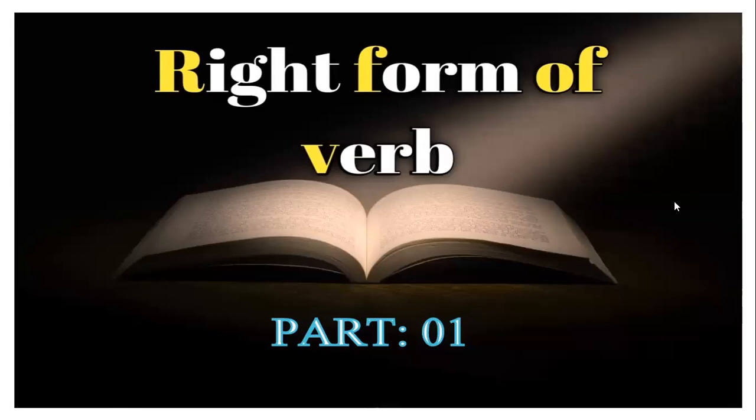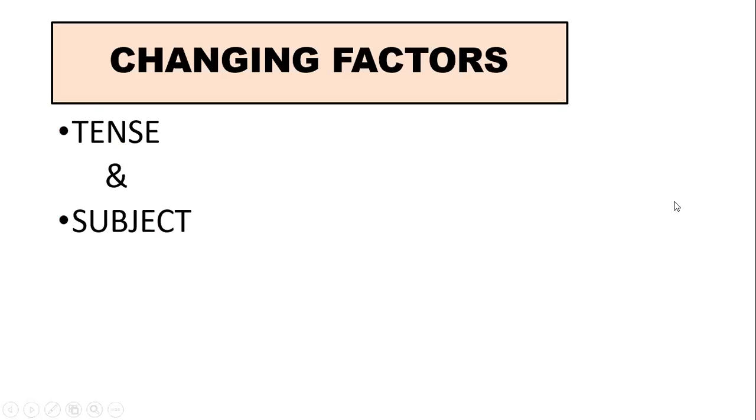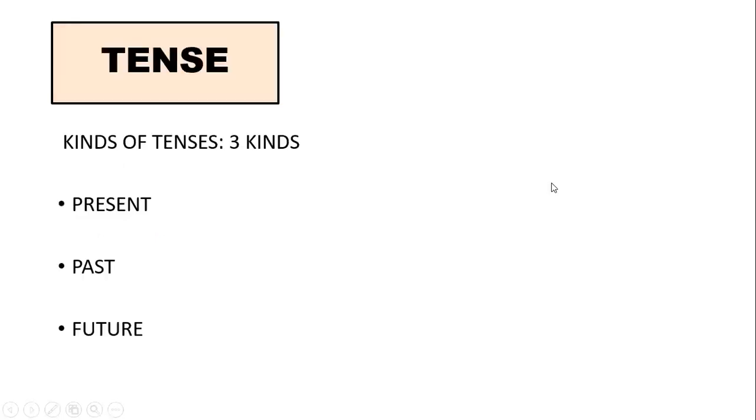So, changing factors. First of all, we all know that in right form of verbs, the verbs are changed according to the tense and subject. So the main changing factors in case of verb, there are two: one is tense and another one is subject. In case of tense, we have three kinds of tenses, as you all know: present tense, past tense, and